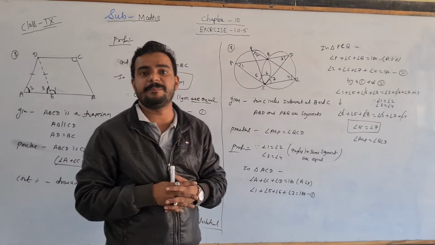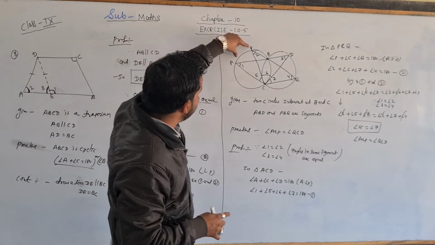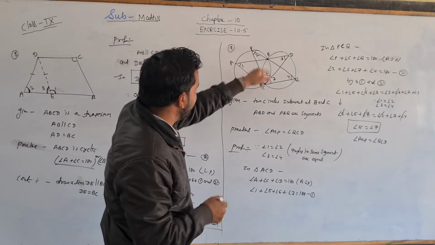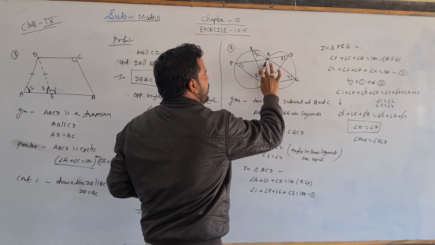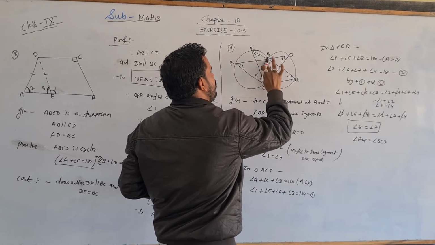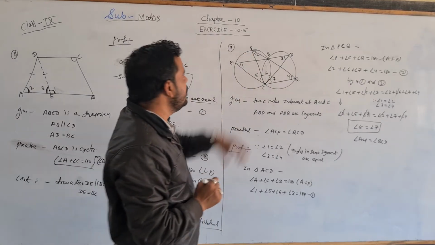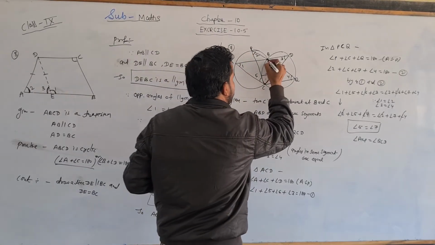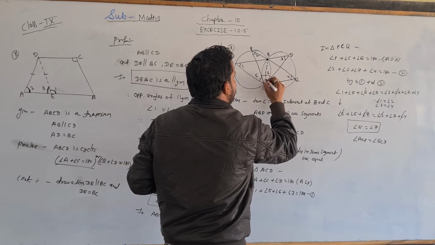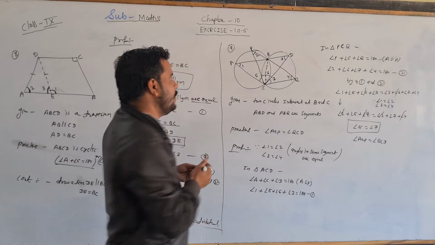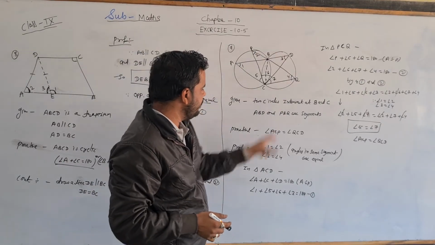So the segment has come, it means the angles in the same segment are equal. So here you can see both angles are in the same segment. If we construct like this, then this becomes a segment. So we can say that angle 1 and angle 2 are equal, angles in the same segment. And here also, angles in the same segment are equal.